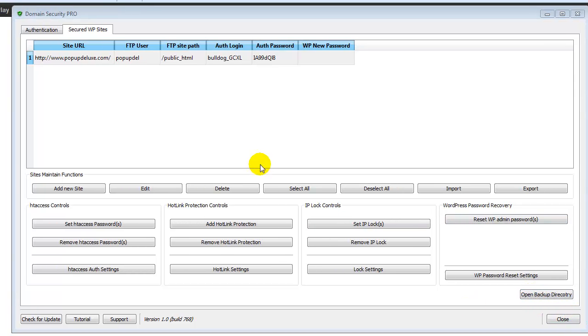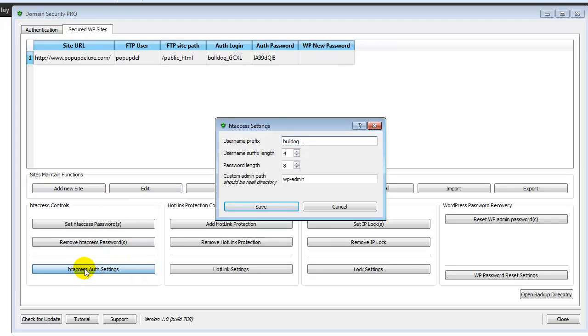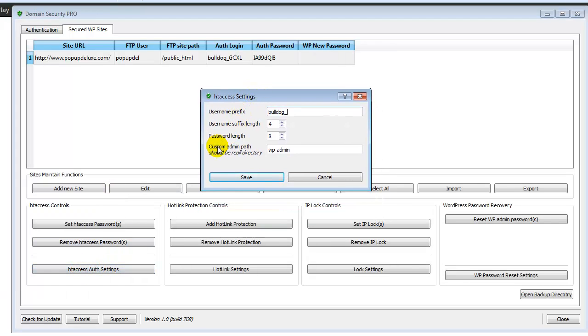Okay, so now I want to go over a new feature that's really cool. Not only can you protect WordPress admin sites, but you can protect any directory or folder that you want. And this is how it works. You click on the htaccess and you'll see a setting here. It says custom admin path. Right now, this is the WP admin for a WordPress blog. We know that, right? But you can also add, for example, admin